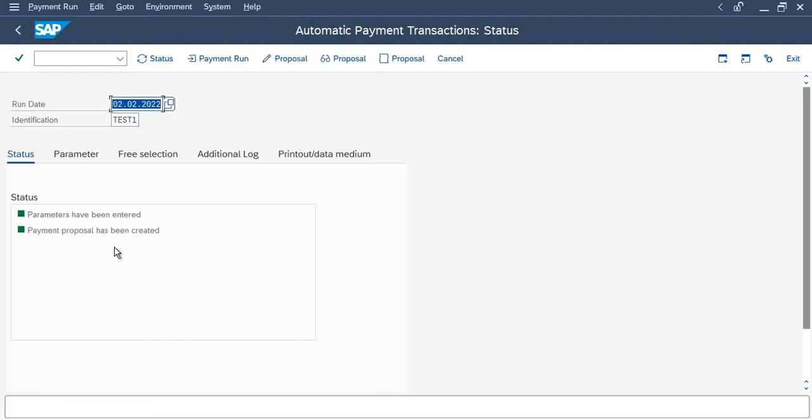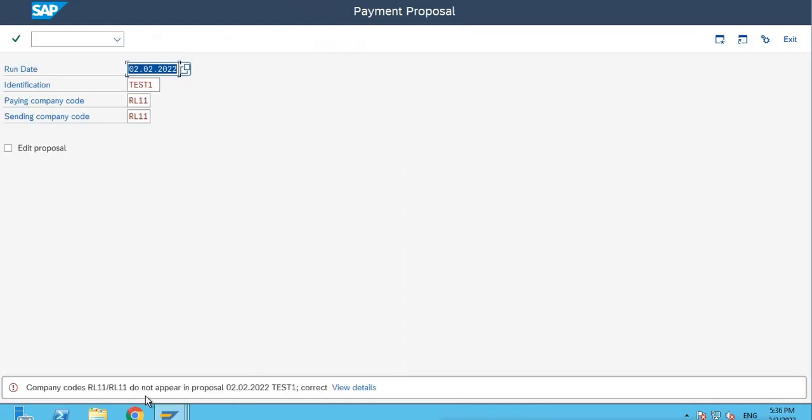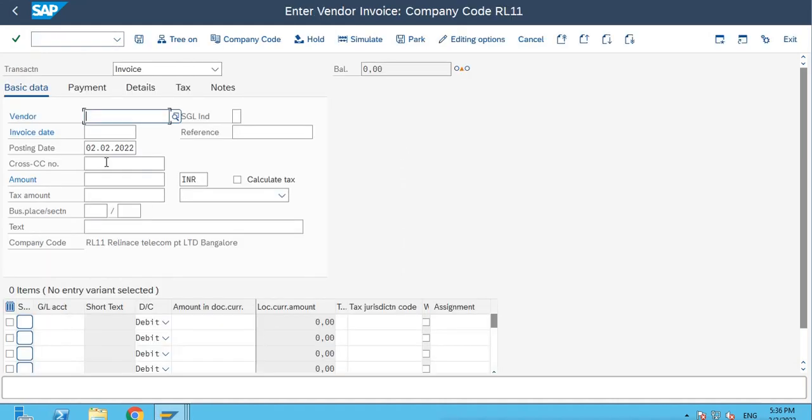Okay, now proposal has been selected, so here we have a display proposal. Okay, so now for this we can see the error: company code does not appear in the proposal. Why? Because we have not created the invoice. So just to make a payment there should be one invoice. Okay, so now here enter FB60, enter, and just select the vendor